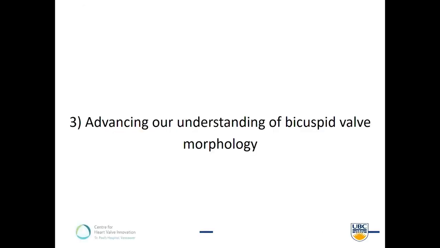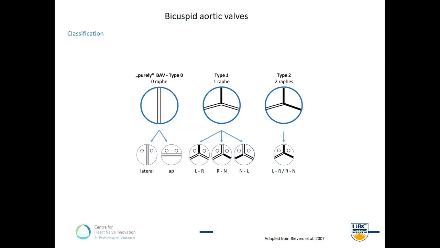Finally, in closing, I think there's much more work to be done around bicuspid morphology. I often say that the field of surgical intervention and cardiology has really been pushed forward greatly by the Sievers paper published in 2007. It really has defined our understanding of what is bicuspidity. But I think one of the other limitations we have is that we get a little too intoxicated with data that we see presented, and we take it as mantra.